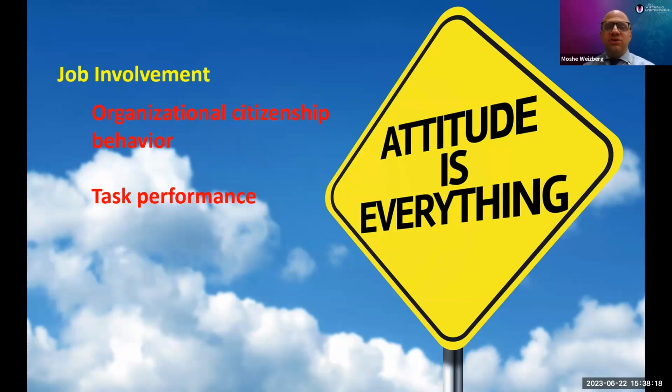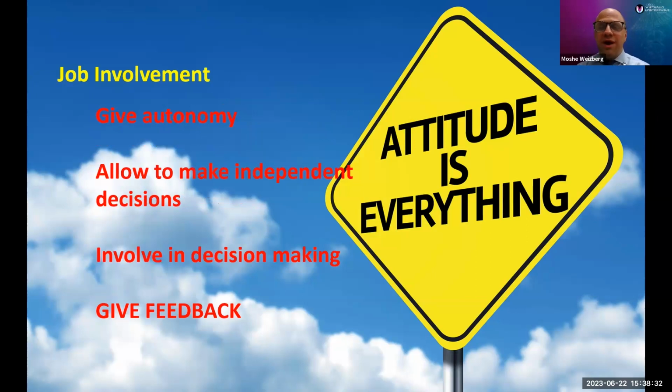Similarly, employees who are strong in job involvement also do better on performing tasks. So for us, that would mean that our residents would be better at doing procedures, managing their patients, doing the things that they're required to do. If you want to try to maximize the job involvement in the employees, or in our case, residents that you already have, these are some of the things that have been demonstrated to increase job involvement in your employees.